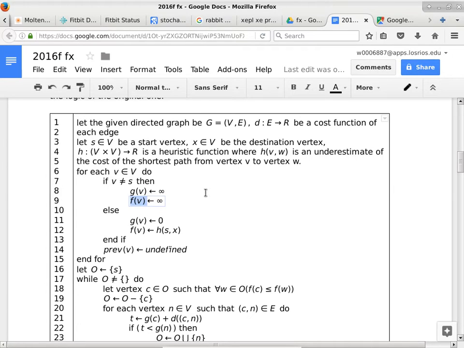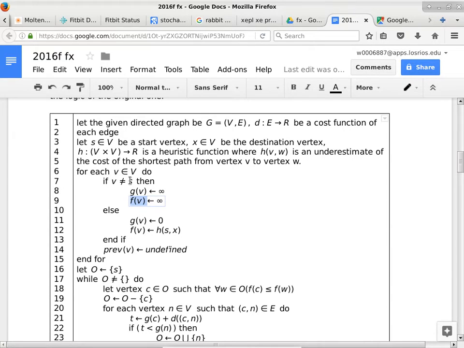Now, these two are, quote-unquote, functions. In other words, each takes a single parameter, which is a vertex, and it gives you a real number. Now, what is g actually doing? What is f actually doing? We'll talk about that later. One is a through estimate: going through me to the destination is going to cost this much, and the other one is just how much it costs to get to me. Okay, so we'll talk about that later.